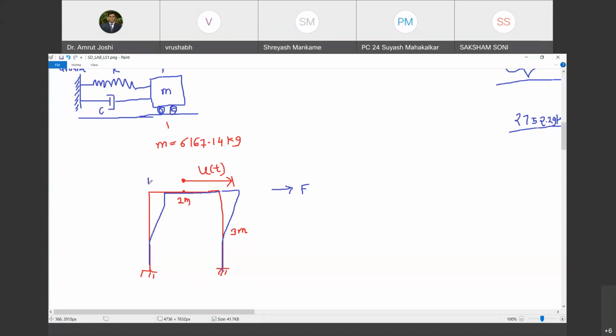Yes. And now I want to find out this force required for this delta being equal to 1. ये अगर 1 है तो ये force कितना लगेगा? That force is nothing but K. Because stiffness is force required to cause unit deformation. Do you agree with me? Force required to cause unit corresponding deformation is stiffness. So in other words, I'm asking a question, how much force would I require to cause this unit displacement marked as 1 in this diagram? Are you with me? Please type your response in chat box. Then I will go ahead.